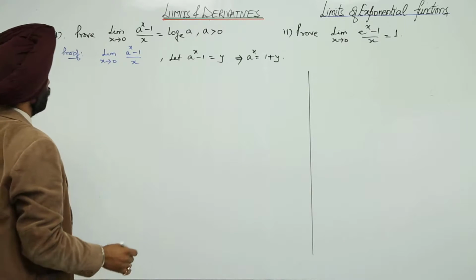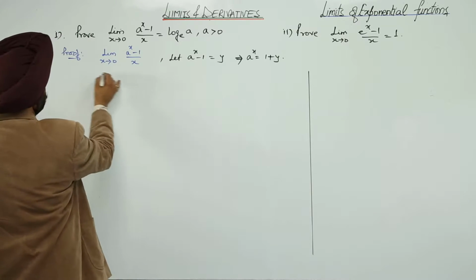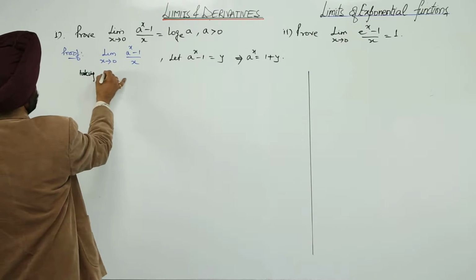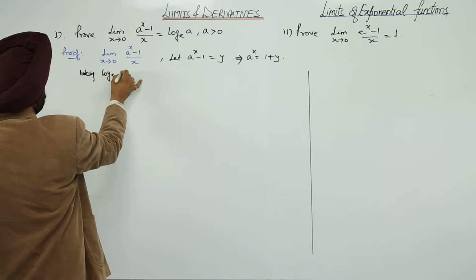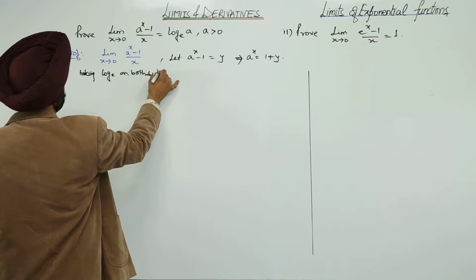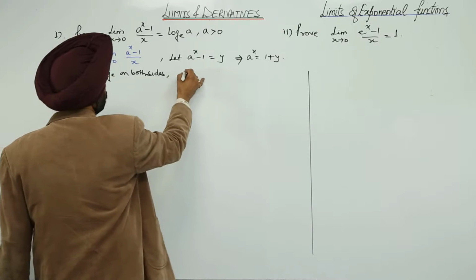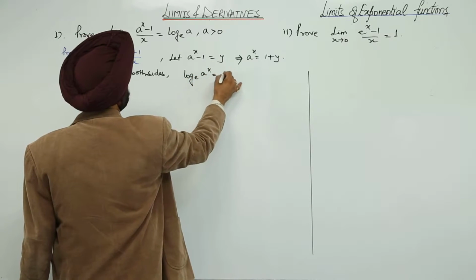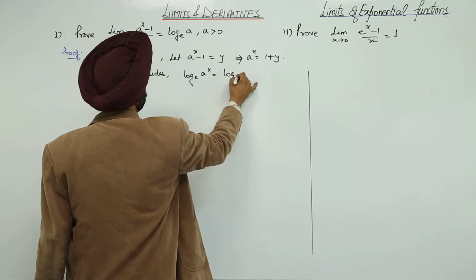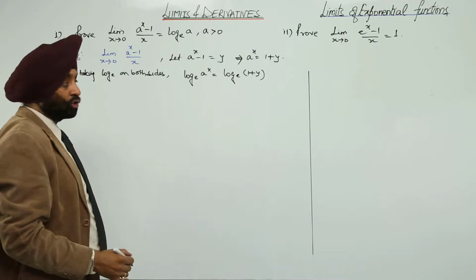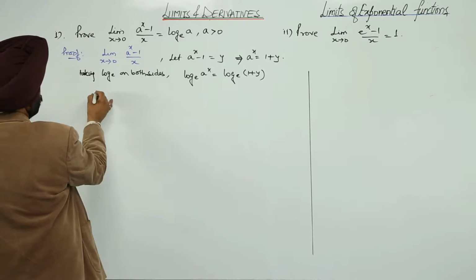Now taking log on both sides, we get x log a is equal to log 1 plus y. Okay. So using the property of logarithm, we have now